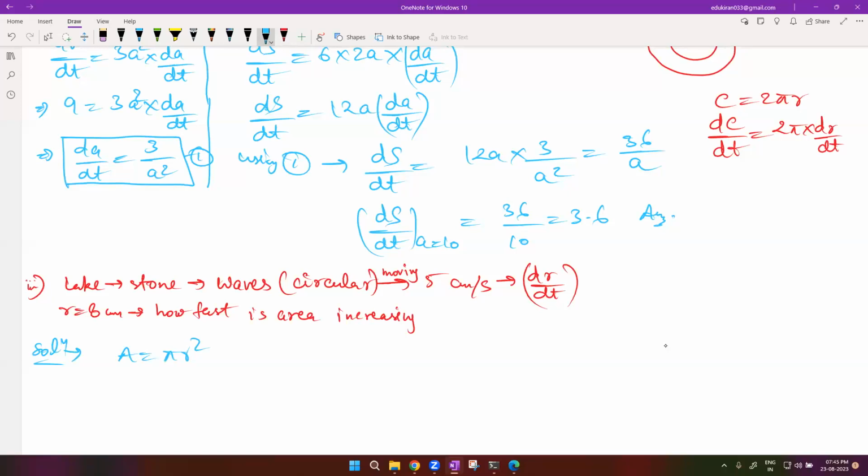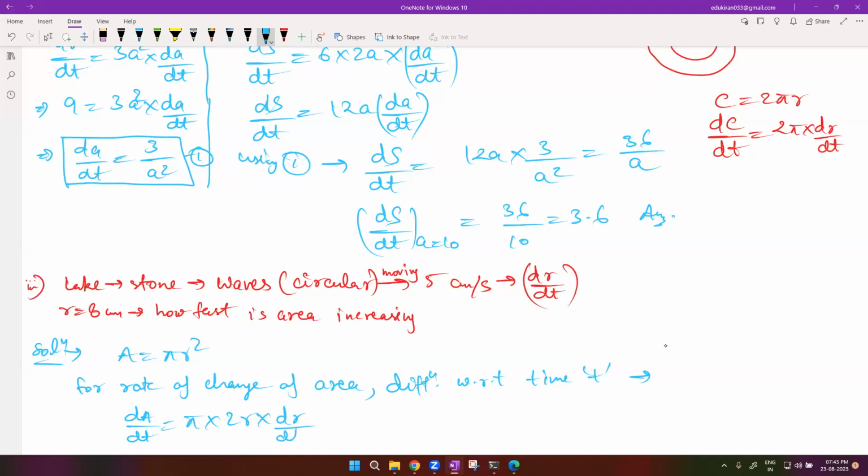For rate of change of area, differentiate with respect to time, which is generally t. So dA by dt equals pi, a constant, times 2r into dr by dt. We know the value of r. We know the value of dr by dt. Hence, dA by dt